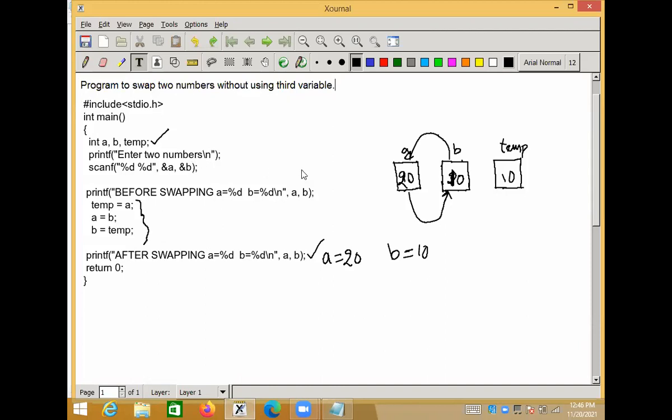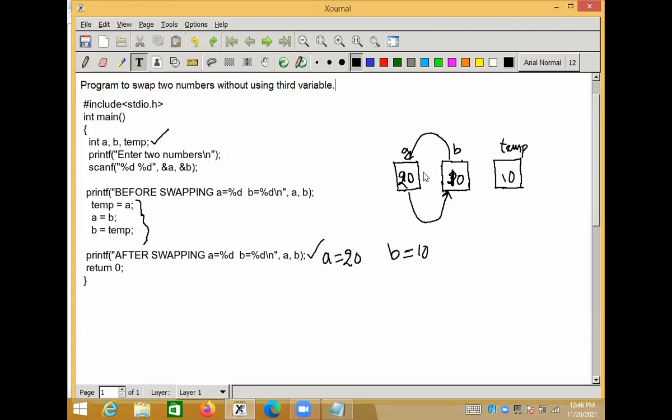Remember, your program should consume less memory space. Memory is very costly. That means you should not declare more variables. If you declare more variables, for each variable memory is allocated, which means your program is consuming more memory.